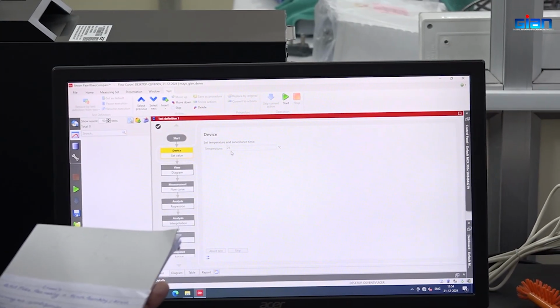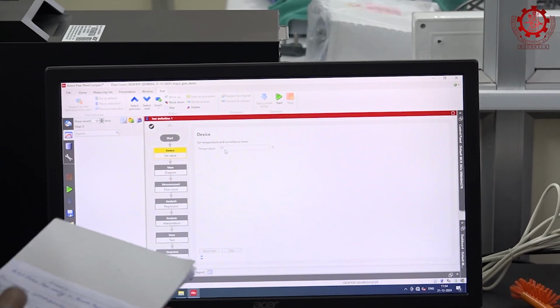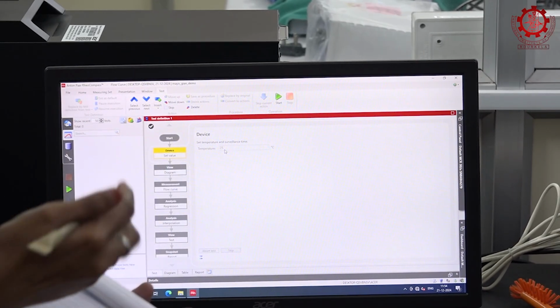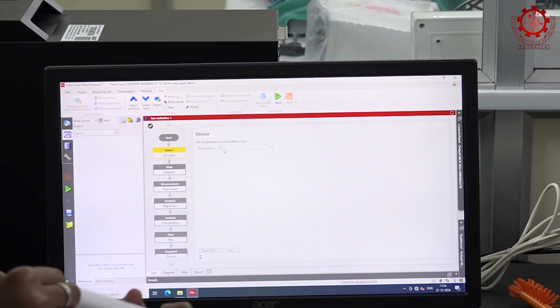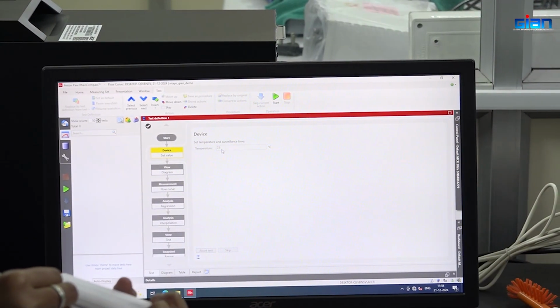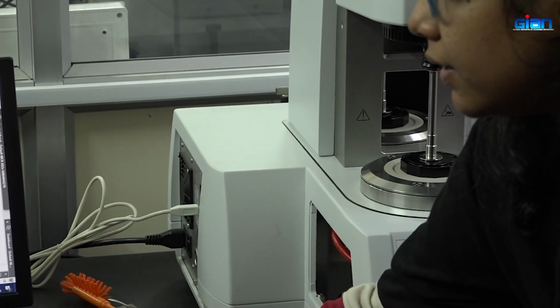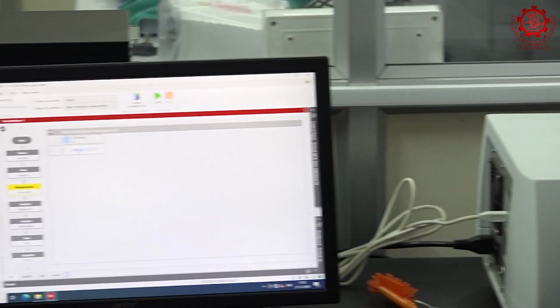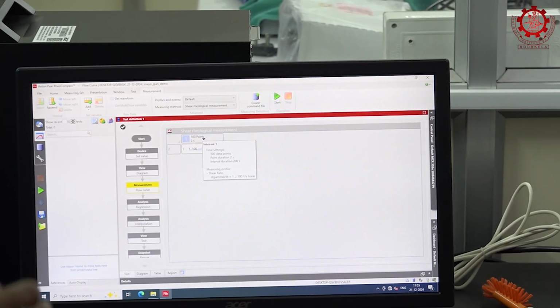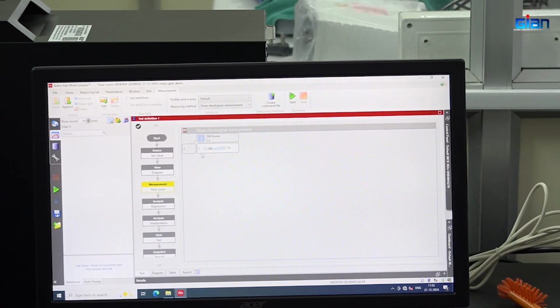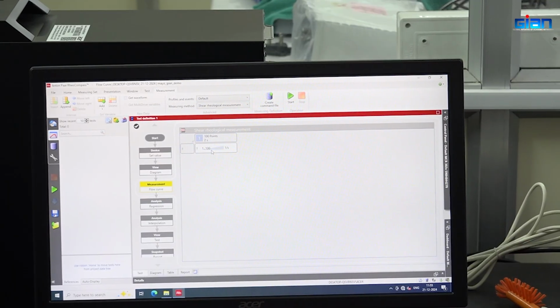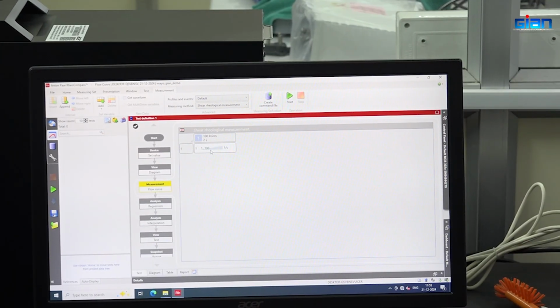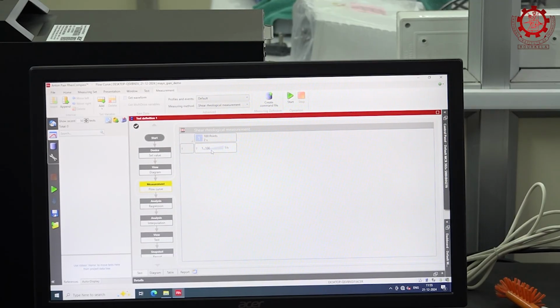Here the temperature is 25. Here it's 22. When we start, it will first reach 25, the temperature of this plate, then it will start. It has already maintained the gap. Here the diagram will come when the output comes. Here are the measurements which we need to give. Like 100 points, it will give 100 points. And from 1 to 100, we'll increase the shear rate. Then it will give the viscosity, how the viscosity changes with the increase in shear rate from 1 to 100 per second.